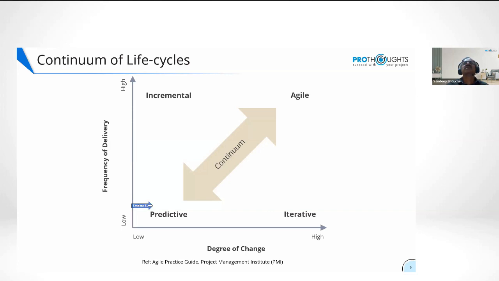Example, if I'm building a bridge over a river, connecting this point and this point, is there any point in delivering incrementally? Oh, I've finished the first two pillars of the bridge and I've completed half of the span. Can you start using it? No, I would like to go to the other side if I don't mind. I can't use half a bridge, can I? Cannot be done. I cannot be learning from experience. Oh, let me start building and then I'll figure out how to do it. Sorry, you have to know how to build.